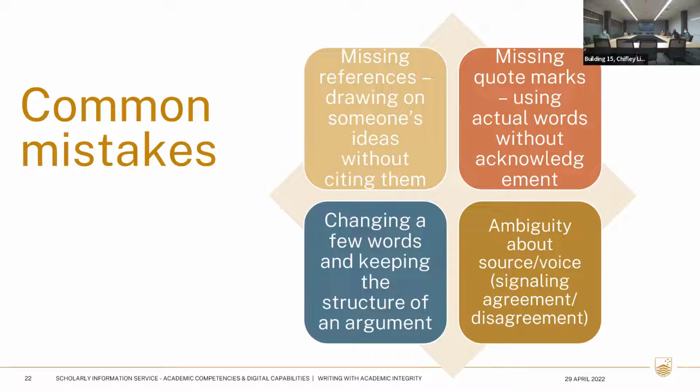And then the last one we have in the bottom right-hand corner is when there is some ambiguity about the source or the voice. And this is where it is not clear whether what you're writing is your own words, your own analysis and interpretation, or whether what you're writing is what some other source has already previously said. And we saw some of these examples earlier on from when Julian took us through a couple of examples. So